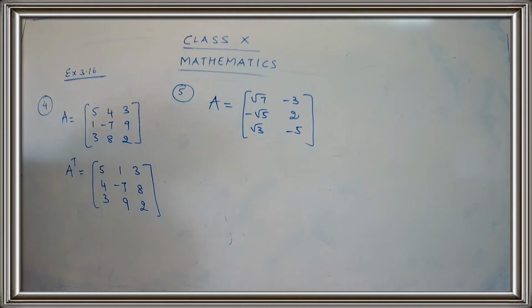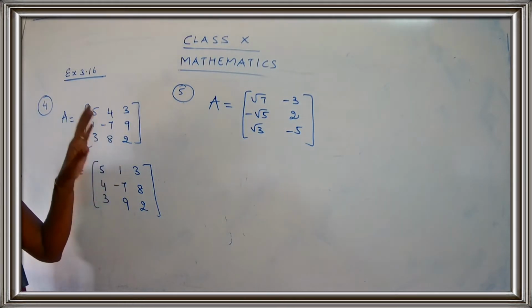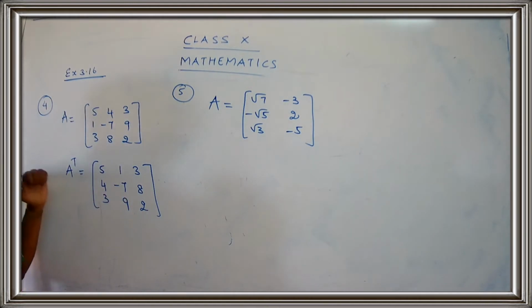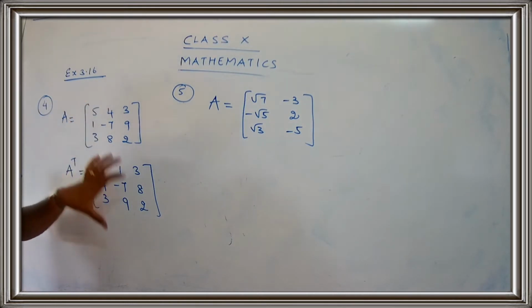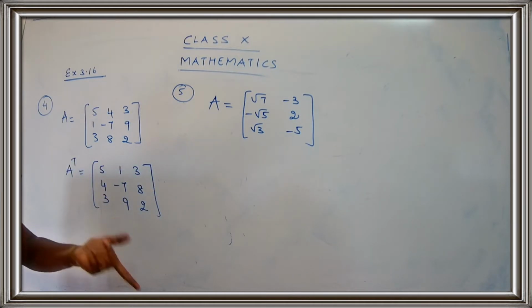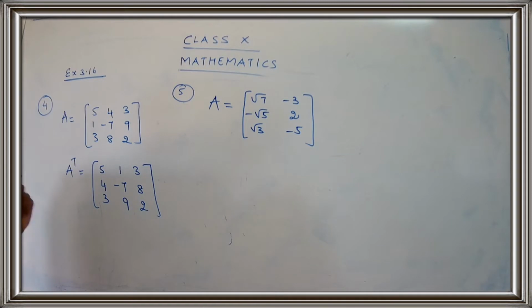So they have given a matrix. So children, what is the matrix A given to you? Root 7, minus 3, minus root 5, 2, root 3, minus 5. And you have to find the transpose of minus A. Just read the question carefully. The question is not find the transpose of A. So I have just given you 2 sums. There's a difference in both the questions. In question number 4, you had to find the transpose of A. So I directly found the transpose of A. But for question number 5, you have to find the transpose of minus A. Yes, we have to do one more extra step over here. So we'll be doing one extra step and then we will find out the transpose.